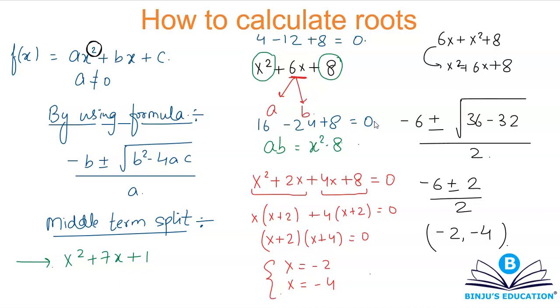That's why these are known as x-intercepts. Looking for the values of x for which y is equal to 0. This is how you calculate root. This is why they are called x-intercepts, if the function is in terms of x.